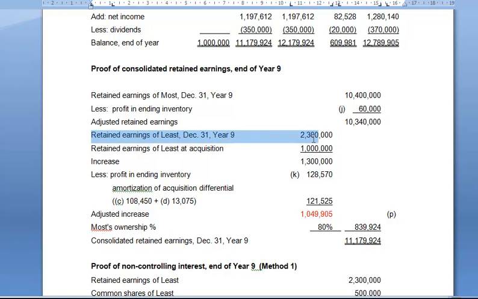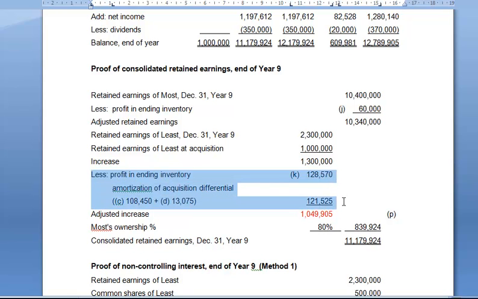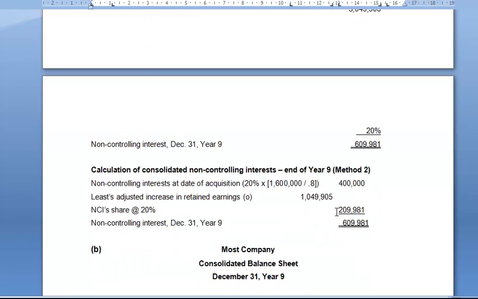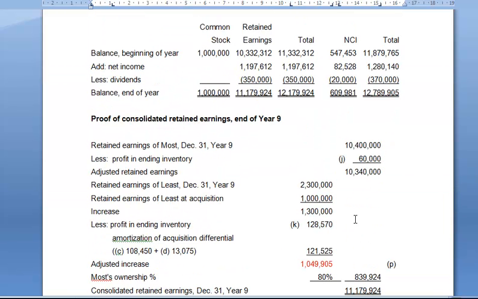We start with the retained earnings of Leased, the sub, adjust it for post-acquisition. So post-acquisition retained earnings is 1.3 million. Adjusted, we're going to adjust it by deducting our profit in ending inventory and our acquisition differential that's been amortized. So we're going to come up with this guy. 80% went to the parent, right? Because it's the majority shareholder, but the other 20% goes to NCI. So we adjust it down here. 20% of this guy is 209,981 added to the 400,000, and we get 609,981, which is exactly what we had